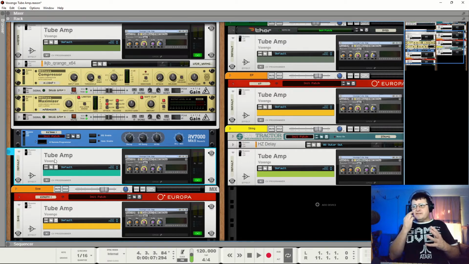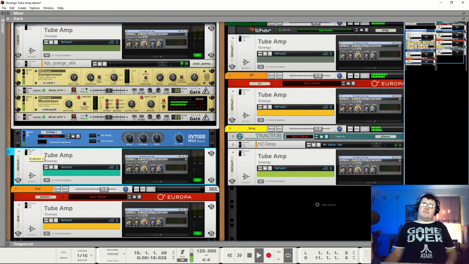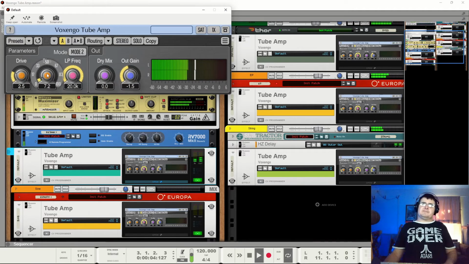Now the RV7000 is renowned for being a very good reverb, but also very, very clean. It can be clinical, which if that's what you're looking for, brilliant. But I like to have character at every point. We've now added character and that nice rich sort of jazz performance character that I'm trying to bring out in this piece. That's there.